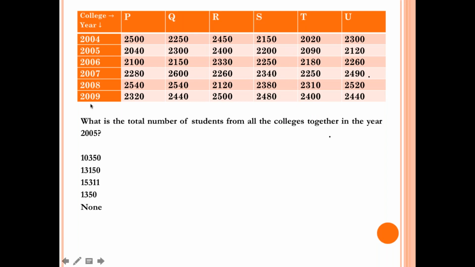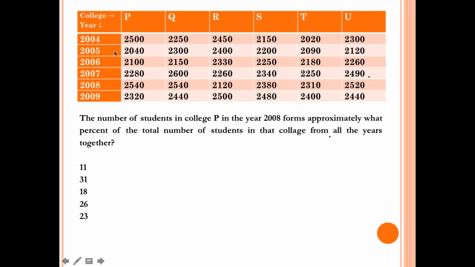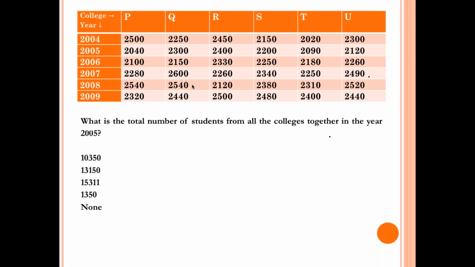Let us see. We are asked the sum of 2005. Okay, this is the question. Sum of 2005, so the sum of all these values will be my answer, right? Here we see 2000 is for everyone, so keep 12,000 aside, because we have 6 and 2000 for everyone. So this is not the answer, and we don't have a last digit other than 0, so this is not the answer either.